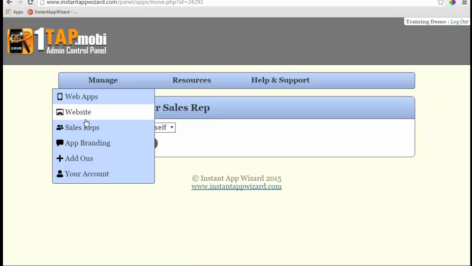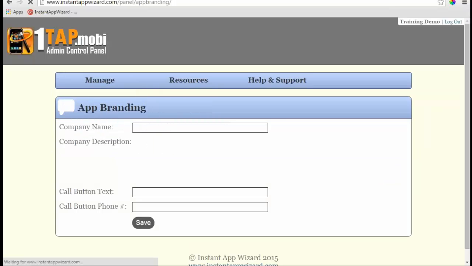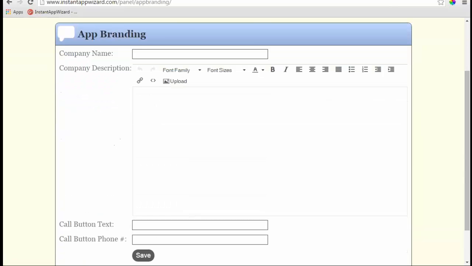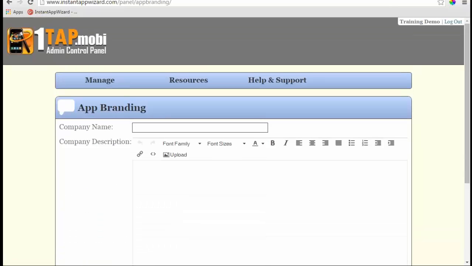Any questions on the sales rep feature? App branding. Somebody asked about app branding earlier. This is the app branding that's on the bottom. I think Dan asked this question. Dan, your app branding that goes on the bottom of your app, if you'll fill this information out right here, if you'll go to Manage, App Branding,